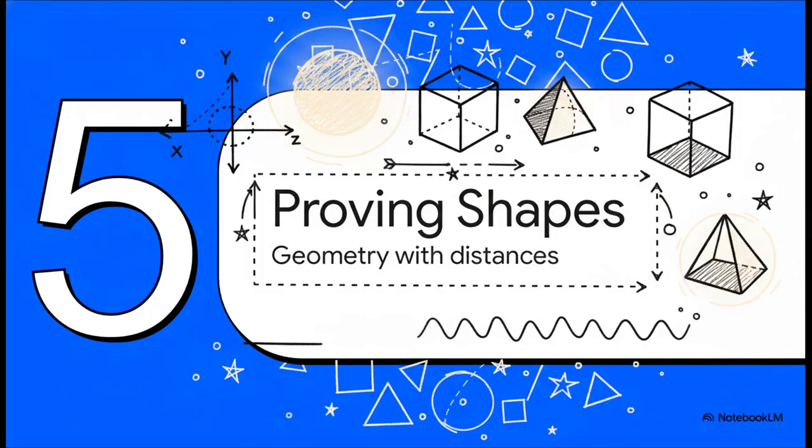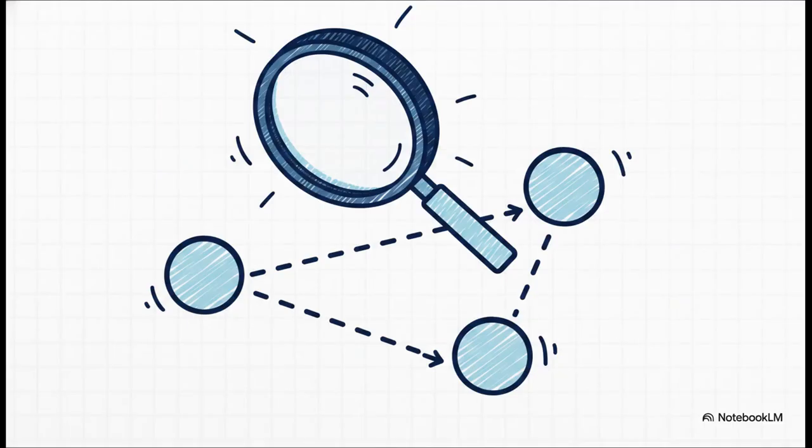Next up, section 5, proving geometric shapes. Let's dive into how we can use this exact new formula to prove real geometric shapes exist in 3D space. So we can actually use that distance formula to solve geometric mysteries. For instance, let's test if 3 random points floating out there in space, P, Q, and R, form a perfectly